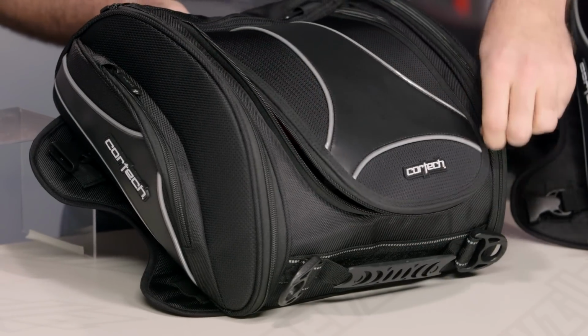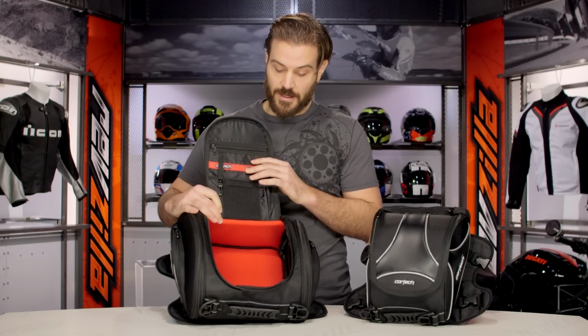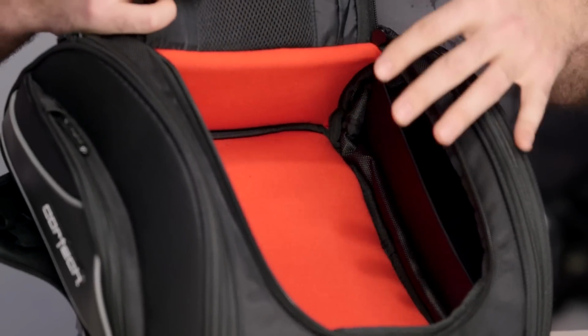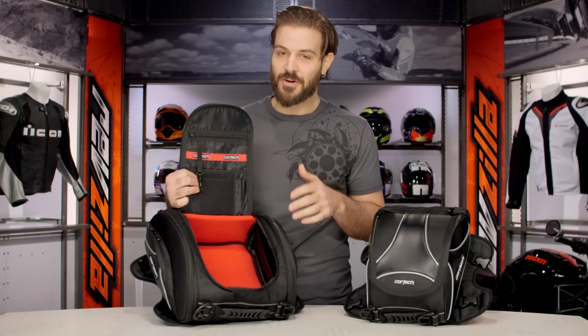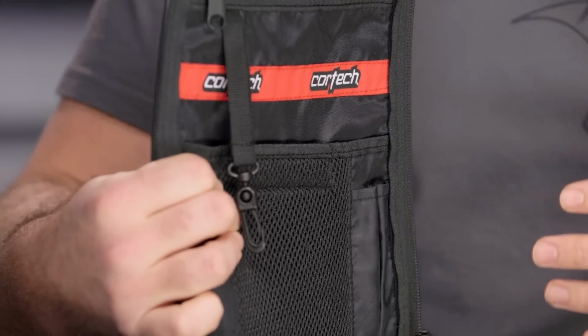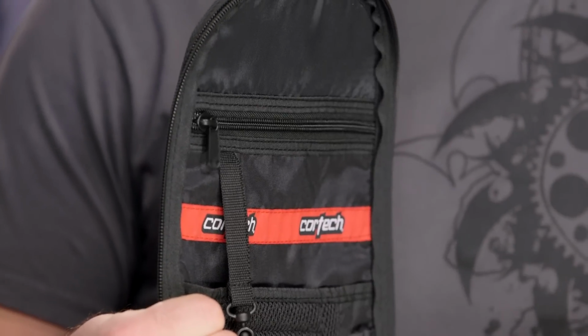You're going to have proprietary Cortech zippers, and you're also going to see that it looks like Cortech has mugged Santa Claus, stolen his jacket, and then lined the interior of their bags with this nice soft red felt. I'm pretty sure they're going to be on the naughty list this year. But joking aside, the reason that I like this color is it offsets anything you have in here. So if you have tools or anything like that, you're going to easily be able to see it because of